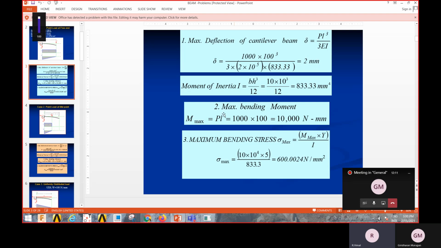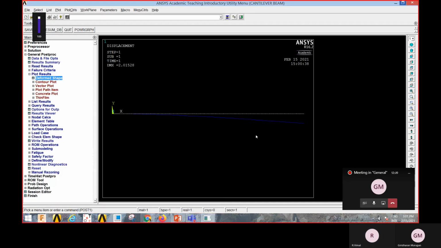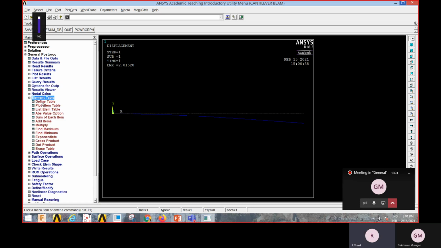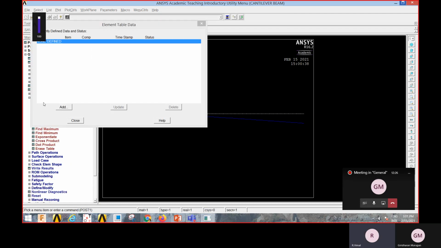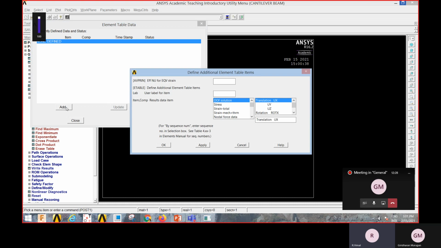Next, we'll go for shear force and bending moment diagram, for which we have to add the element table. You click on the element table, define table, click on the add button in the dialog box. Now scroll down and then click by sequence number and then give the number 3.